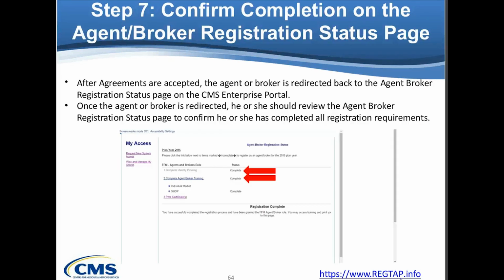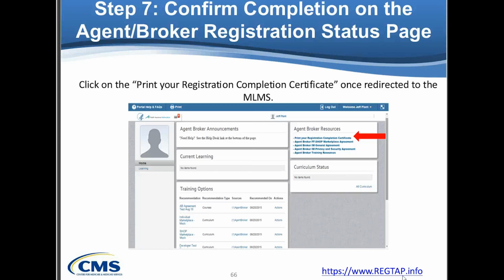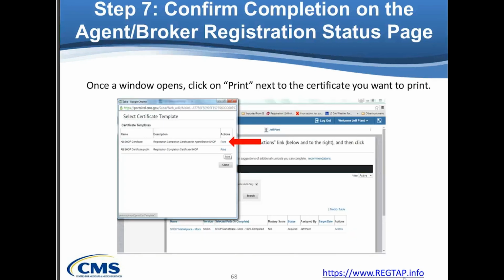Once the agreements are accepted, you'll be redirected back to the CMS Enterprise portal, and you'll be able to get the completed registration process and print your certificates. Here's a quick example of what those certificates look like and where you can print them from once you have completed the training. You can see here where you can actually print a PDF on a print certificate on the red arrow. Click there to open up the window, print the certificate that you want to print, and it's this green